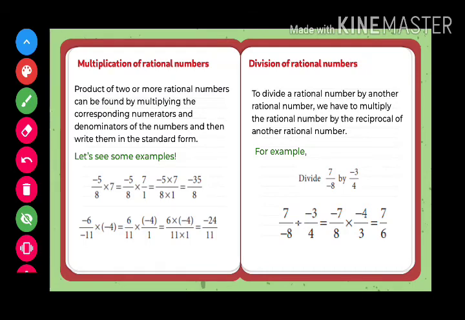Division of rational numbers is very much similar to division of fractions. How do you divide a fraction? Let's say you have a fraction 1 by 2. You have to divide this fraction by 3 by 4. How do you divide this? To divide that, the first step is you write the fraction 1 by 2 as it is. You change the divide sign into a multiply sign, and then you convert the fraction 3 by 4 into its reciprocal form. What is the reciprocal form of 3 by 4? It is 4 by 3.